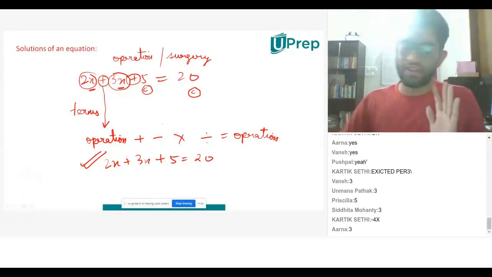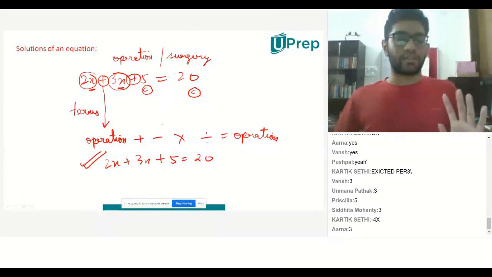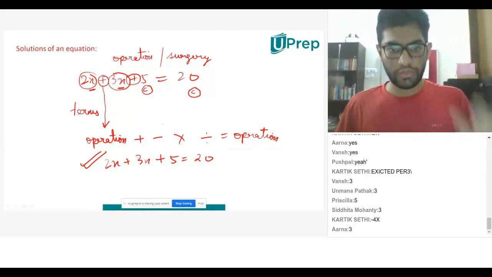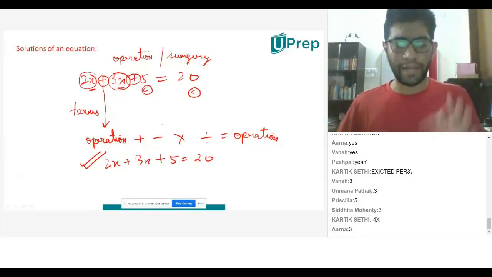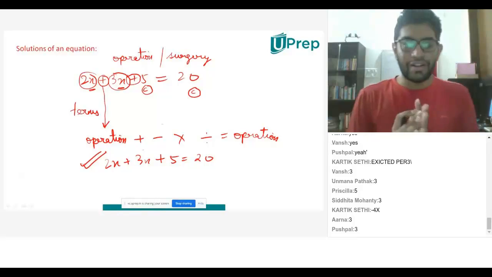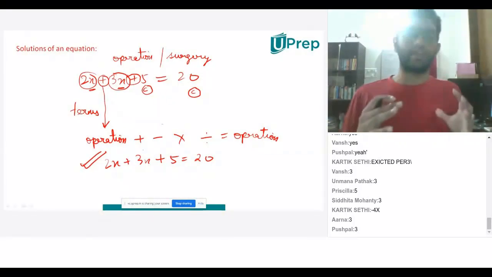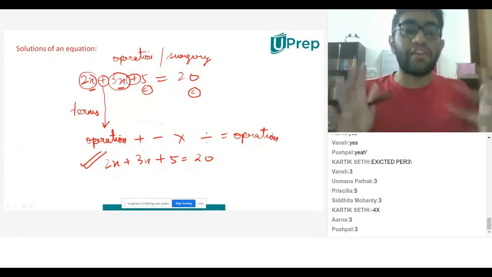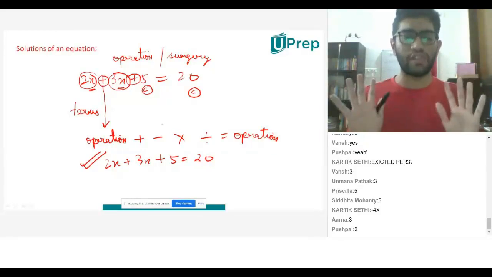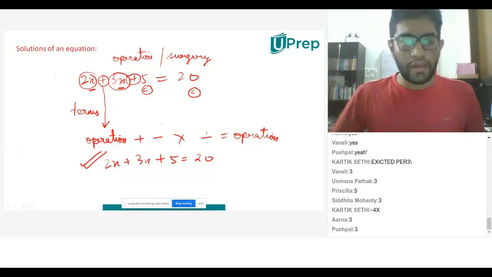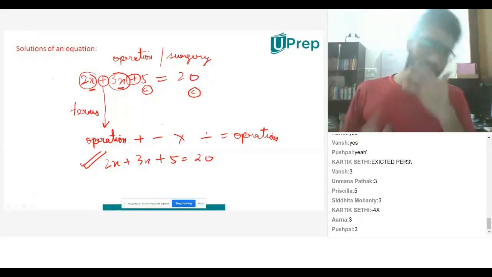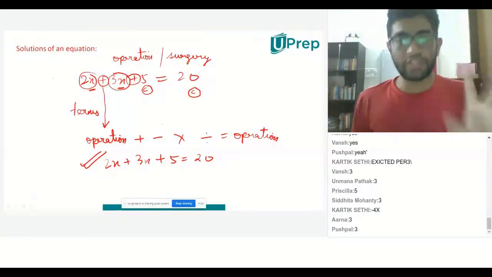Okay, let's see. Basically, whenever an equation is given, guys, let me tell you one thing. By mistake, I typed 5. It's actually 3. No problem, no problem. You can correct it. I'm not scolding you for typing in your answer. I just want an answer from you guys. Now, whenever an equation is given, guys, do not solve it. Play with it. That is what you have to do with math. You don't have to solve it. How do you play? Send things here and there. Play with things. Fumble with things. Try to get something.